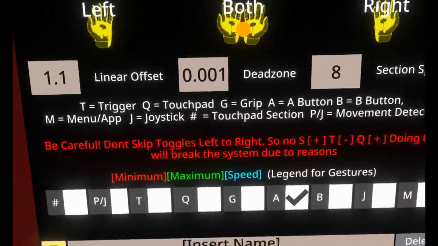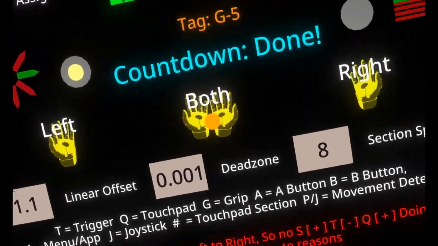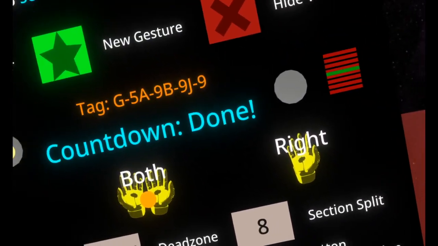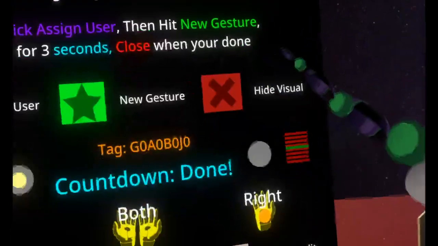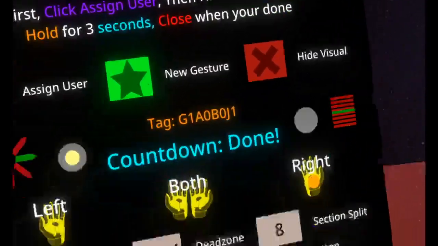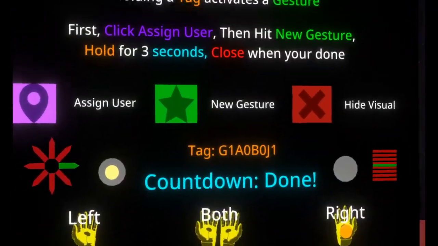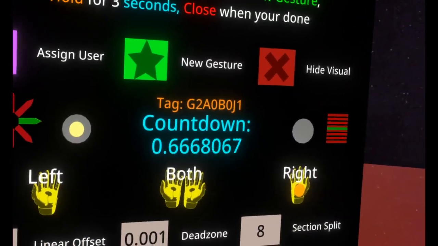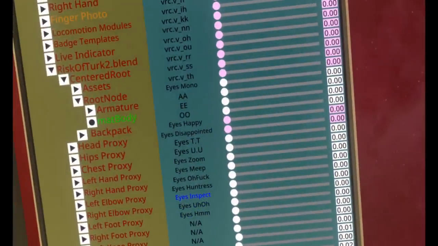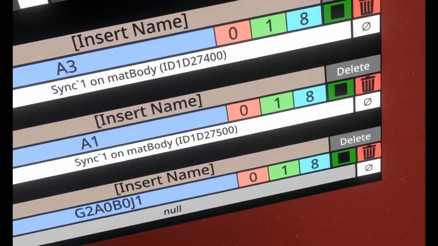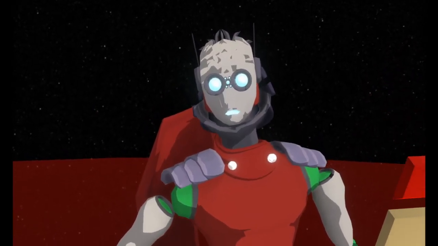So what we're going to do is tie it to my grip and touching my joystick. I'm going to turn on the grip, and then find my joystick. Where is the joystick? So we're going to go all the way to this, if I remember correctly, yes. And I want to put it on my right hand, so I want it to be on pressing grip 1, touching joystick 1. So what do I have to do? All I have to do is hit new gesture. I grabbed the thing by accident, oopsie. And now that tag is right there. So I'm going to drag this over, assign it, it becomes driven. So now, every time I decide to touch my joystick,